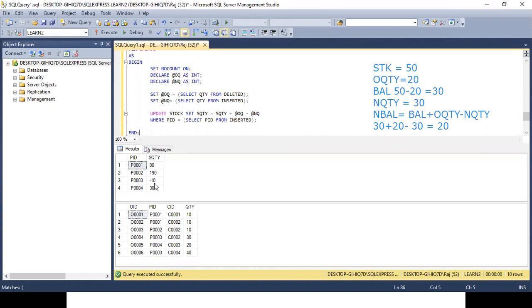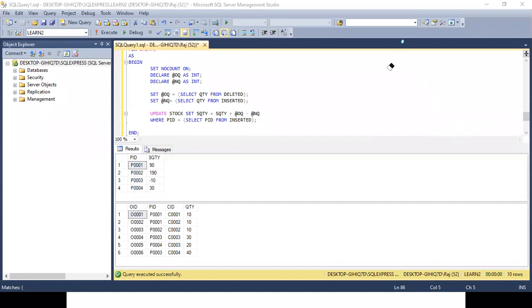Rajiv asks: if we have some condition on the stock quantity, like in the table definition, if it is greater than 0, will this be updated or something? If you are saying that the stock should be greater than 0, yes, the constraint will not let it happen. The record will not be inserted. Okay, let me erase this. So let's try to do this.